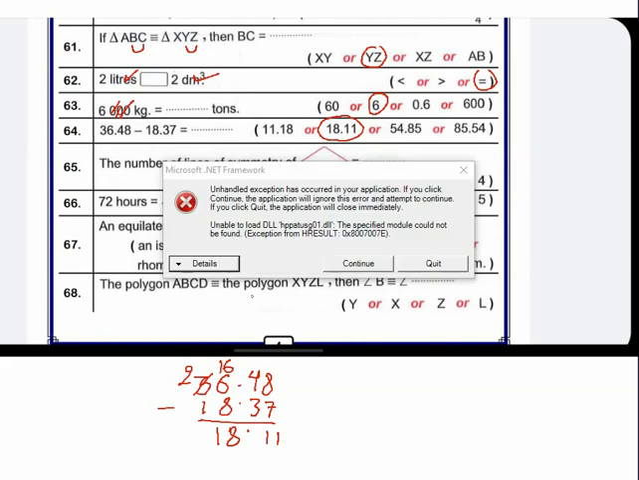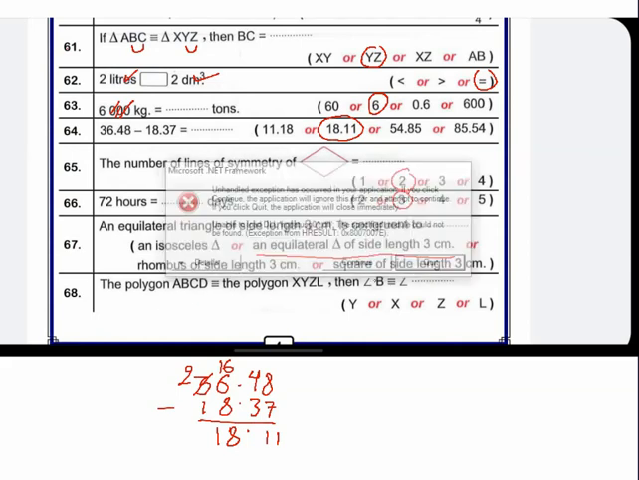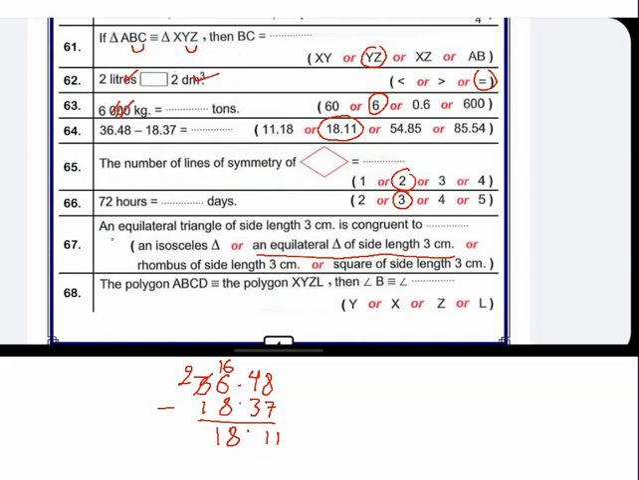The polygon ABCD and this polygon, yes, measure B, second letter, like measure, where is the second letter here? Yes, Y, so it will be